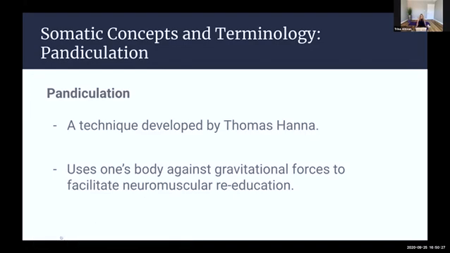Okay, back to pandiculation, this technique that was developed by Thomas Hanna. So the definition of pandiculation is using one's body against gravitational forces to facilitate neuromuscular reeducation. Okay, so first let's talk about